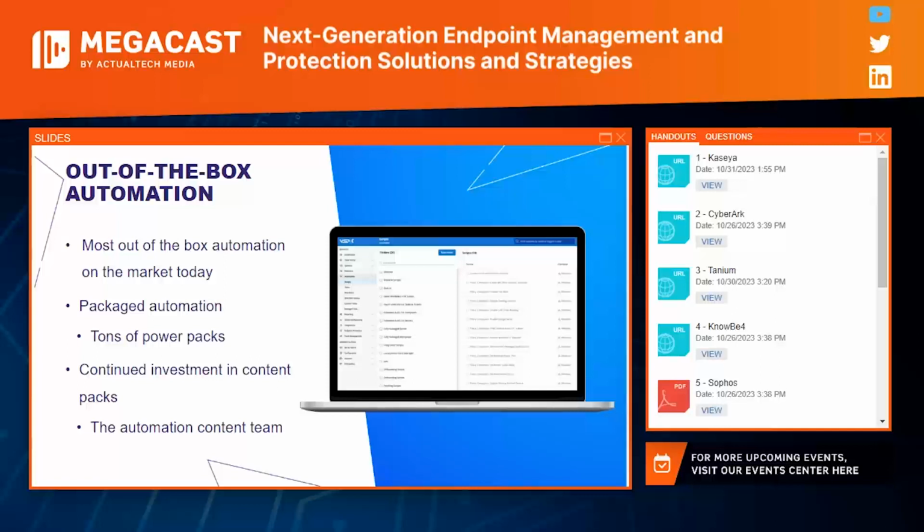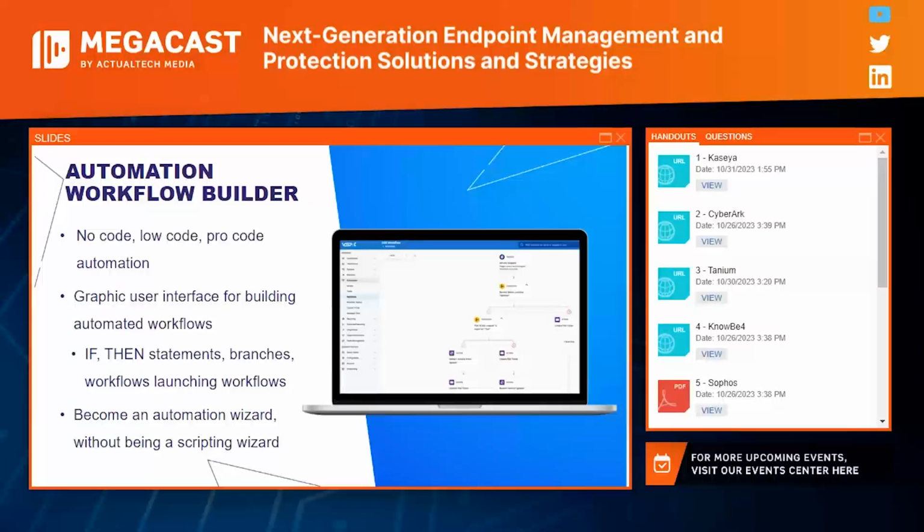We have the most out-of-the-box automation on the market today, and we have a continued investment in you. Every release, like clockwork, you're getting new scripts, new reporting templates, new monitoring sets. But to use a clunky analogy, this is giving you a fish you only eat for a day. While we've got thousands of scripts in the product already, you can only do those 1,000 actions, right? So we also wanted to teach you to fish so that you can eat for life.